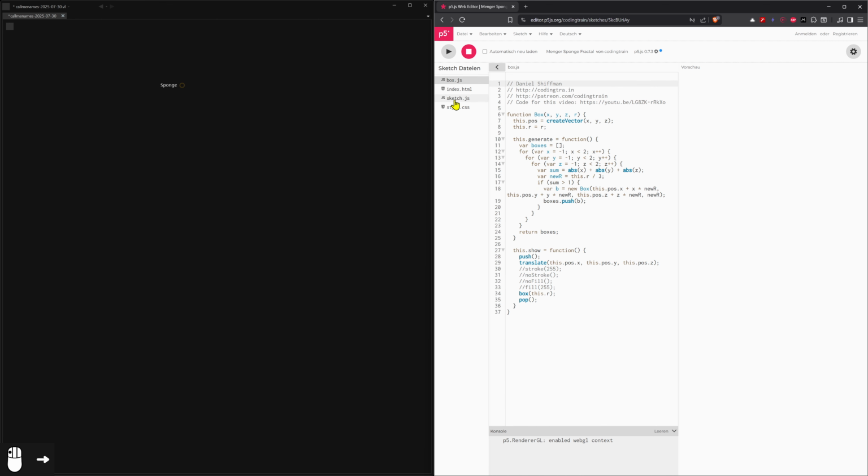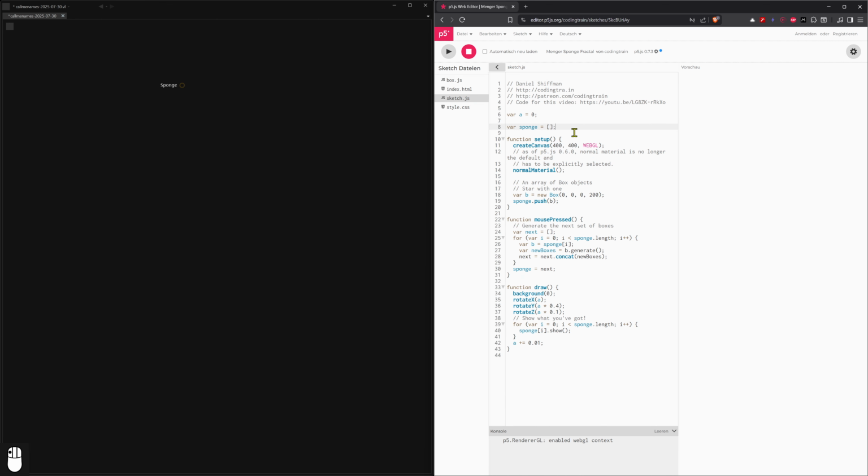So we're also going to call it a box. But what the sponge is mainly storing is a lot of boxes, as you can see here. So we create variable b, which is a new box, and then we add that box to the sponge. So we have a spread of boxes in VVVV, and